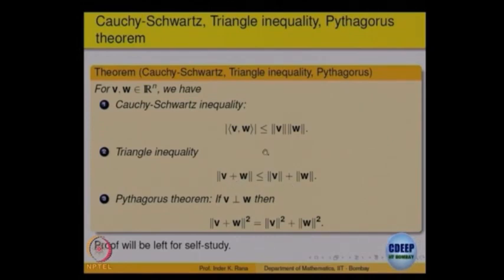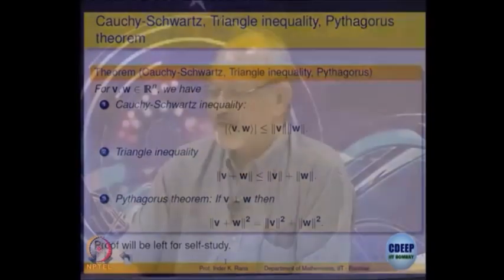The triangle inequality follows from Cauchy-Schwarz actually. If you write it as a square and open it out, then it follows. I am just indicating some proofs, because some of you may be keen to know them, but from an examination point of view we are not including the proofs of these. We are just going to use these things, and Pythagoras theorem: if two vectors are perpendicular, then a plus b square is equal to a square plus b square. That essentially holds. So, I would call the proof self study or self enrichment. If you really want to know how it works, then try to read a proof.